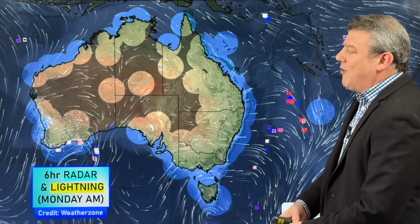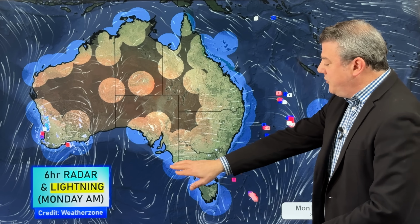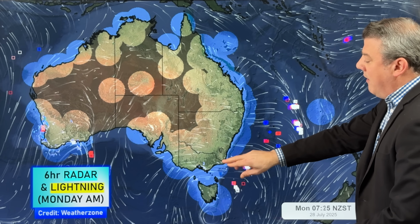So you can certainly see plenty more showers coming into Western Australia's southwest. North of Perth, thunderstorms across the weekend coming in off the sea. No end in sight just yet as these wintry southerlies carry on and some of those showers going further up the western side. Elsewhere though, not a lot going on, but you do still see these showers tracking along Victoria,